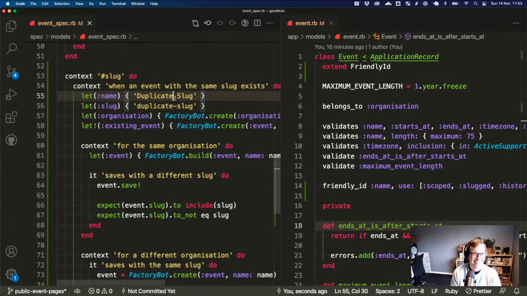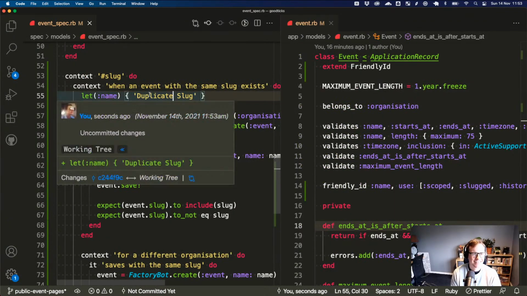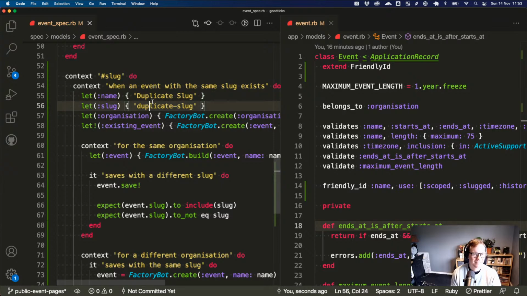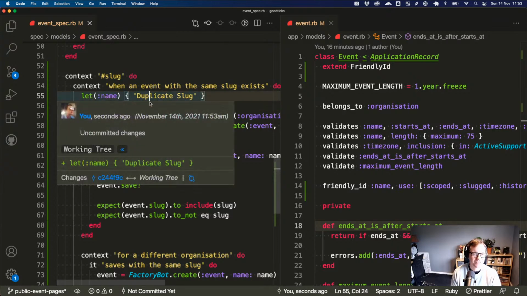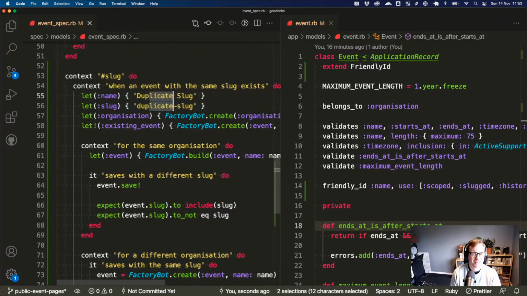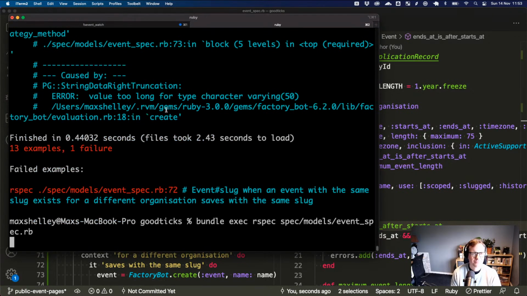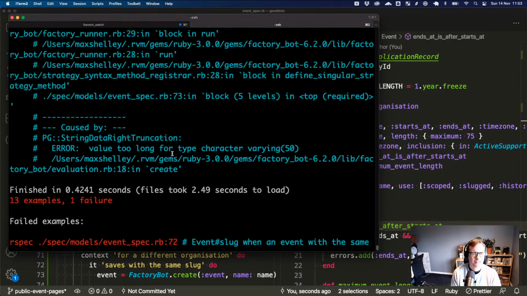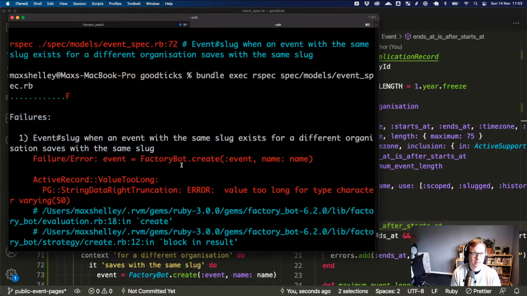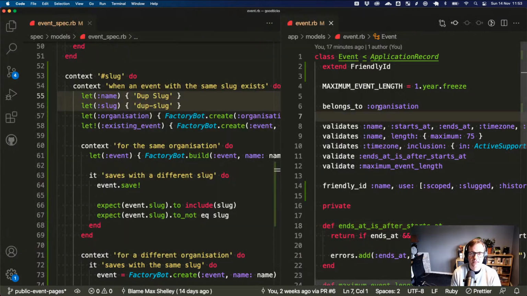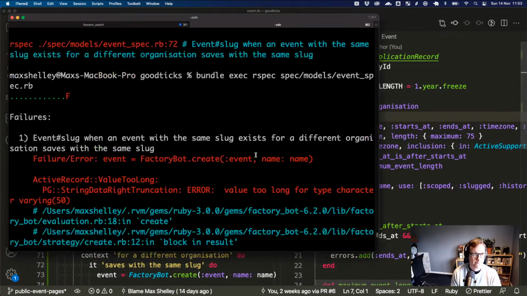Oh no. This is not right. We're going to come back and fix this. We're not going to commit this as is. Oh, I'm assuming that's what's happening here, right? We're ending with value too long for type character varying 50, and the 50 is the slug. Must be.